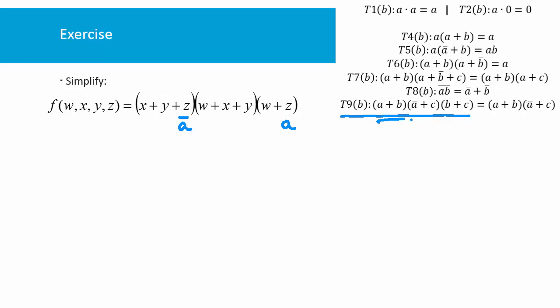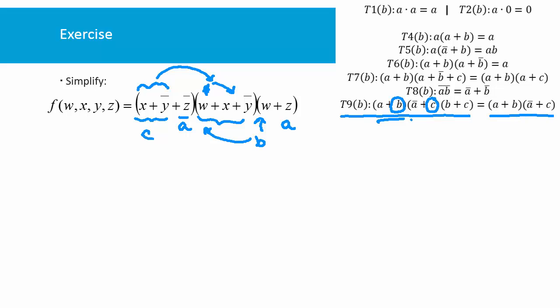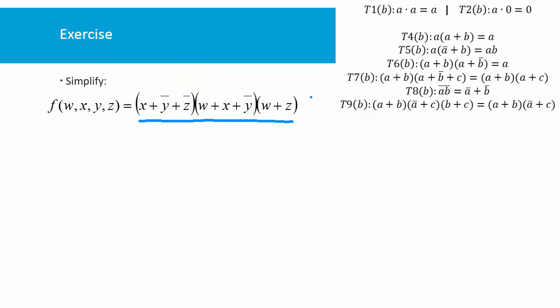Then this theorem says that if you have this, you have to have variables that are unrelated. So here you have some w, and w is not related in any way to these two variables. So this could be my b, and this could be my c. And then you realize that those two variables are actually combined. So because of this, this theorem says that when you have these two combined, the combination disappears. These three terms, and by using theorem